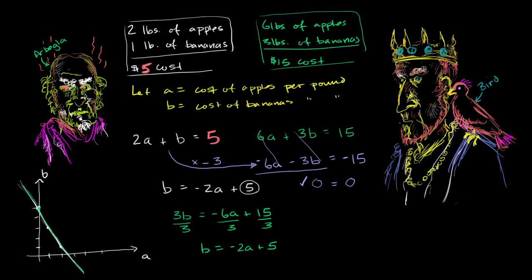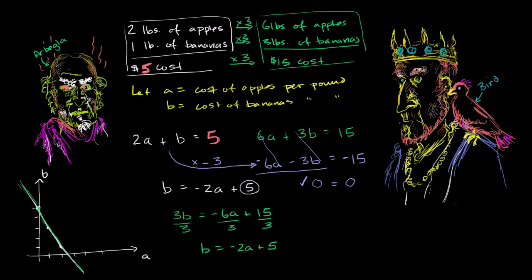And so you look at it a little bit confused, and you say, okay, I see why we got 0 equals 0. There's actually an infinite number of solutions. You pick any a, and then the corresponding b could be a solution for either of these. But you start to wonder, why is this happening? And so the bird whispers again into the king's ear, and the king says the bird says this is because in both trips to the market, the same ratio of apples and bananas was bought. In the green trip versus the white trip, you bought 3 times as many apples, 3 times as many bananas, and you had 3 times the cost.